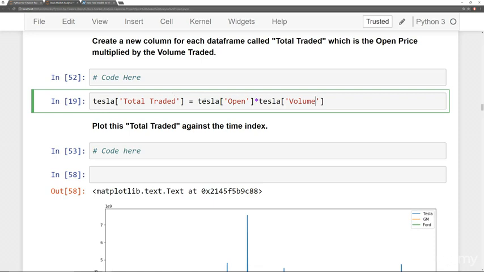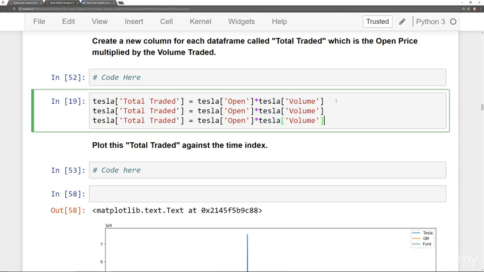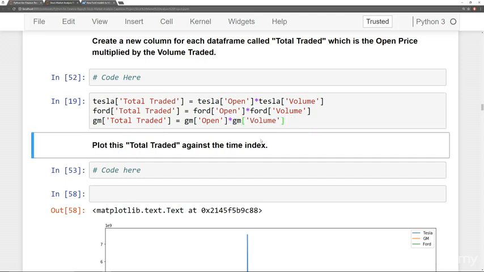So essentially what we're doing is trying to get an idea of more or less how much money was actually traded. Now again, this is not an exact calculation because the opening price is not the average price for that day. You can do a lot better estimations than what I'm doing here. Again, this is just to practice our Pandas skills. So we're going to copy and paste this and do this for the other two. So that's going to be Ford, Ford, and Ford. And then this last one's going to be General Motors, General Motors, General Motors. Okay, so we have three total traded columns,